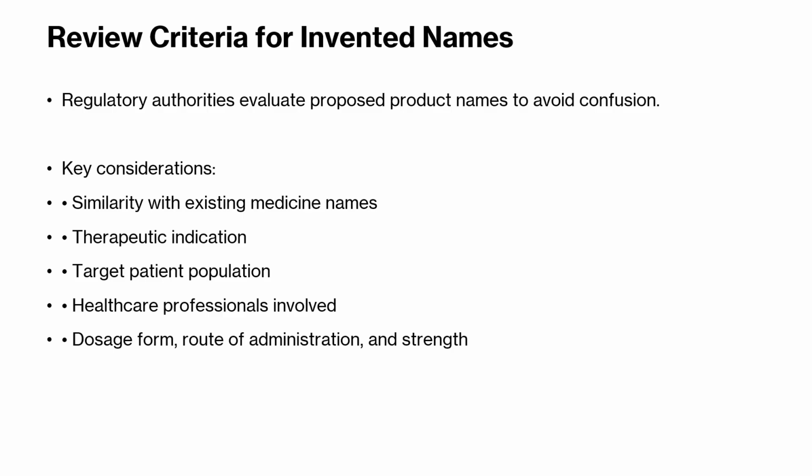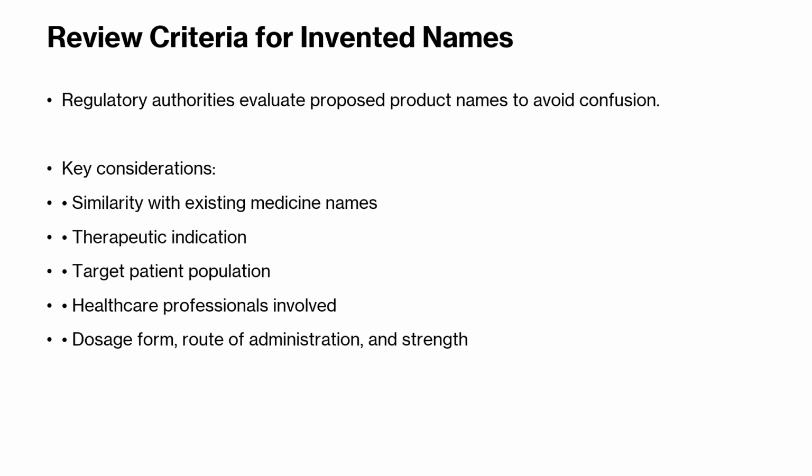Like it should not be similar to the existing medicinal name, the therapeutic indications, target patient populations, the condition of the dispensing, or whether it is an orphan drug. This kind of criteria is taken into consideration while